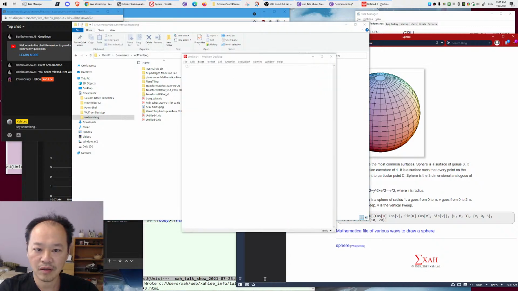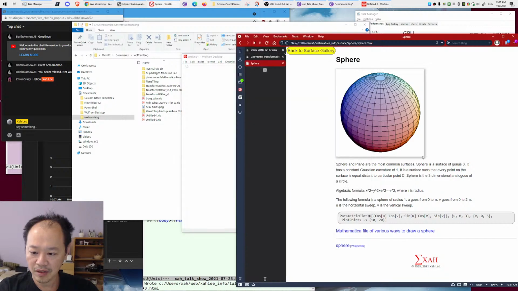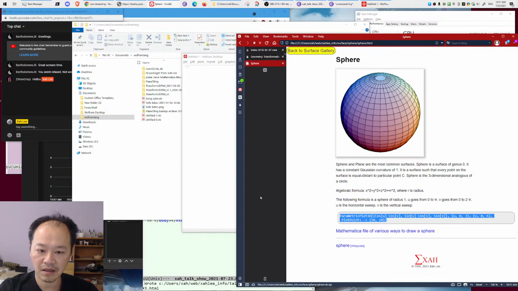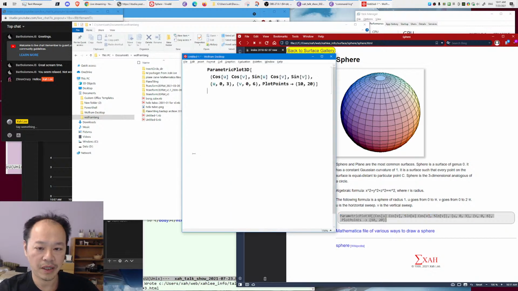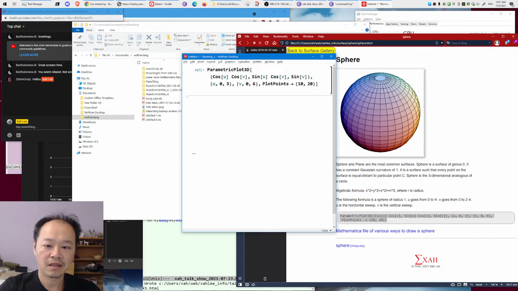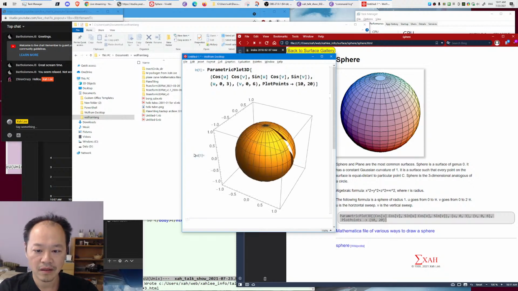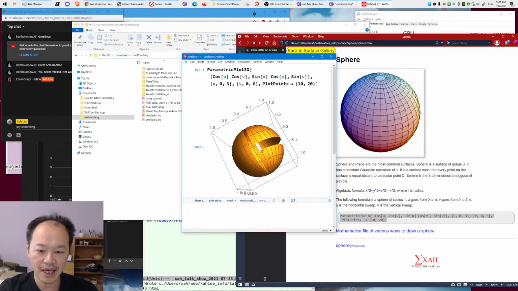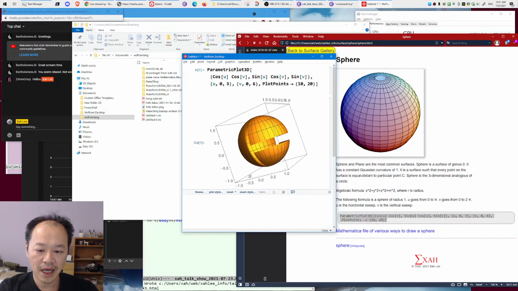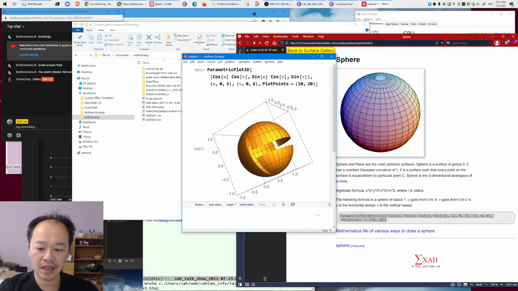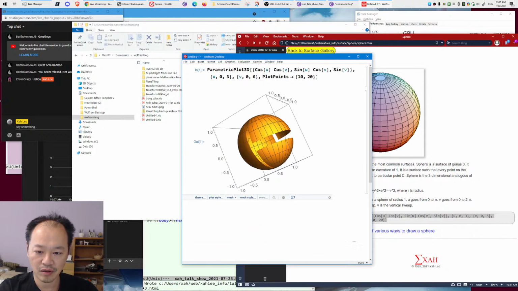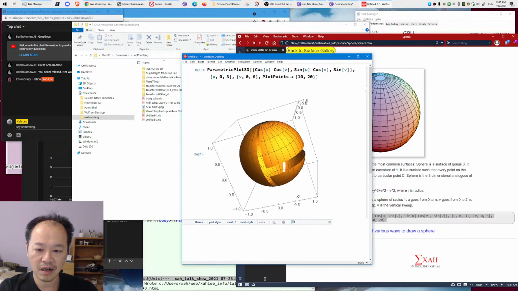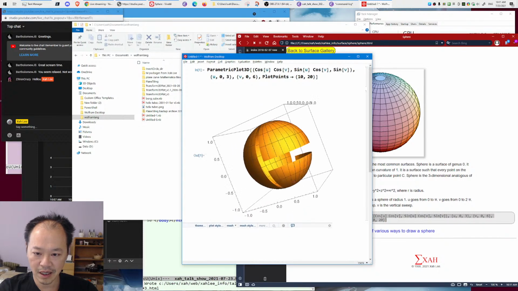Okay, so go to Wolfram language. How do you do this? Okay, parametric plot. There it is, the formula right there. So let's just paste it. There it is. So we have a sphere with a little bit of gap. Why the gap? Because I kind of like the gap because the gap shows you the start and end positions